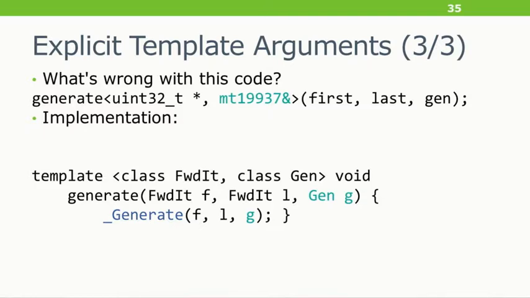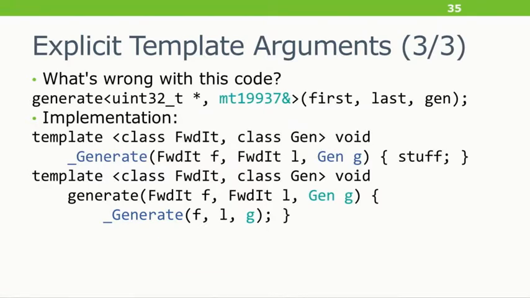But then we go do some maybe debugging checks or centralization or whatever. And then we call a helper function. And our helper function just happens to be called _Generate, because that's a name that users can't say. And then we pass g. That helper function has the same signature as the public function. We just repeat it. And then we go do our stuff. The problem is that we're calling the helper function, as we're permitted to by the standard, with template argument deduction. So maybe the user injected explicit template arguments to the public overload, but then we just drop that on the floor. And we use template argument deduction in the call to the helper function. Standard lets us do this, so the user's wrong, for sure.